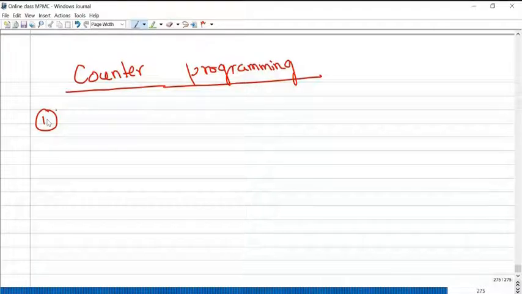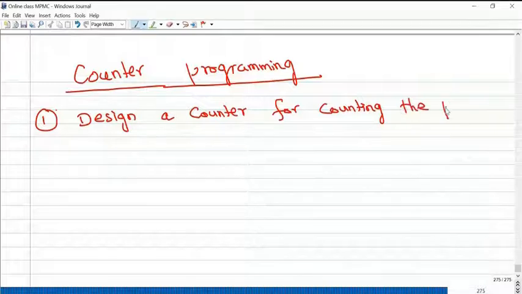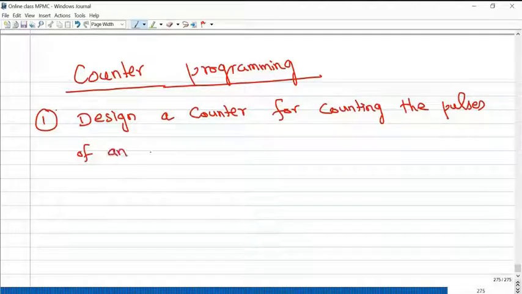Design a counter for counting the pulses of an input signal.